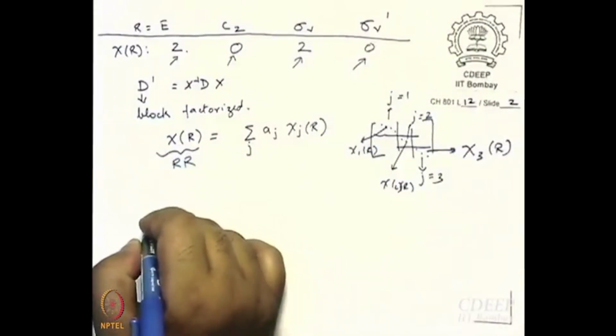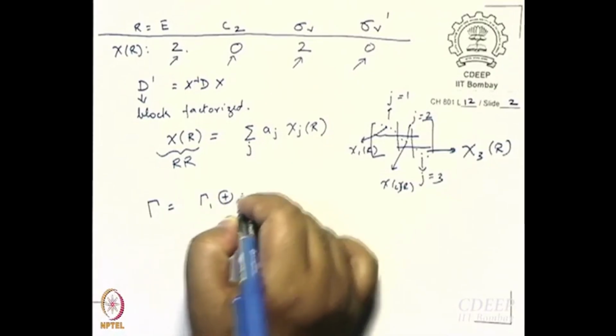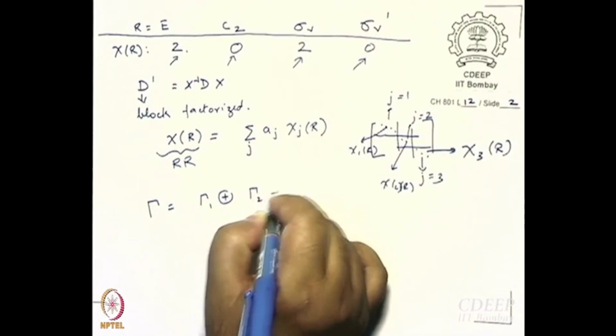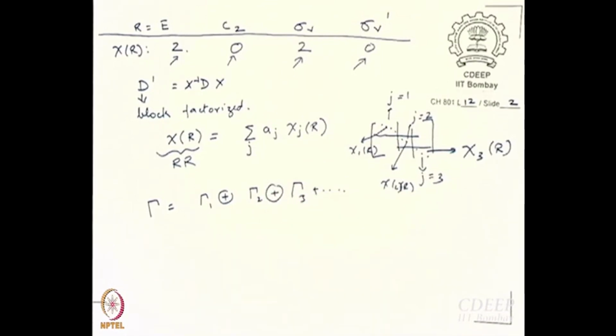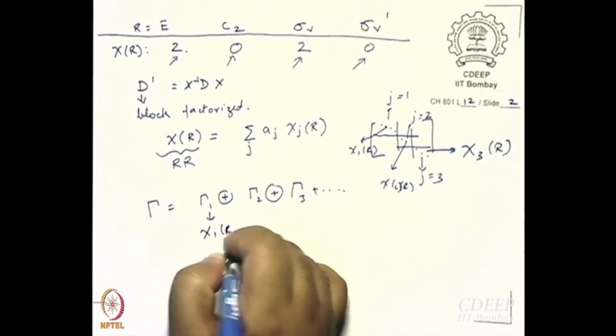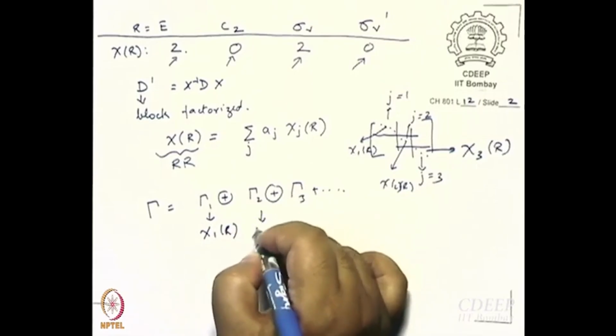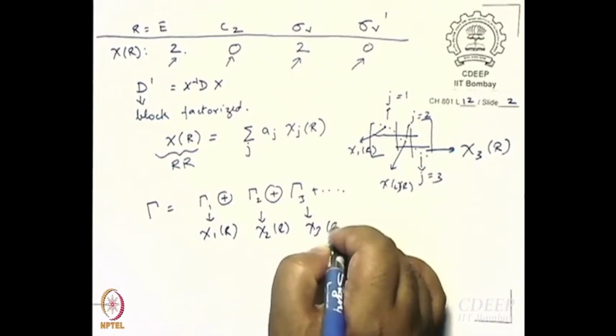These blocks are the matrices of the constituent irreducible representations. Remember we had written something like this, gamma equal to gamma 1 plus gamma 2 plus gamma 3, so on. Block addition, we had done block addition, where the subscripts 1, 2, 3 are the different blocks. What I am saying is I am working out the characters of each block for each matrix, chi 1 R, chi 2 R, chi 3 R,